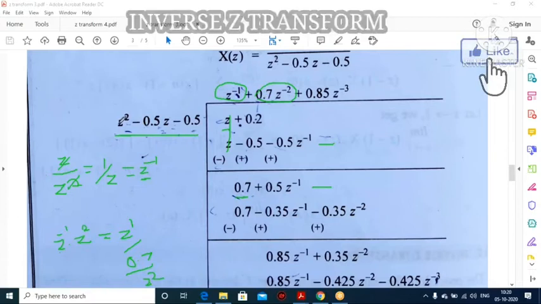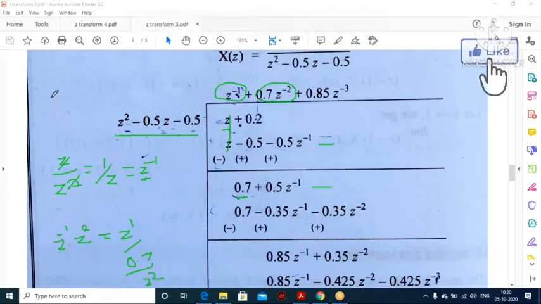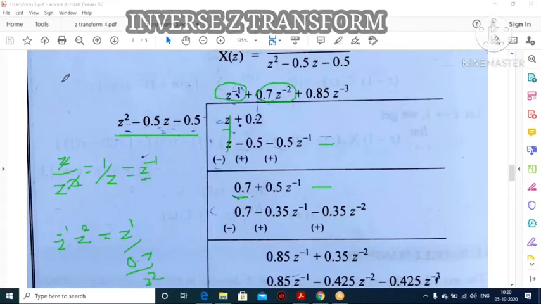So what do you get? 0.7. Here z square, here z power minus 2. So z square into z power minus 2, power term will be added, no? So minus 2 plus 2, 0. So z power 0. z power 0 is always 1. So answer became 0.7. Minus, second term, plus into minus, it became minus. 0.7 into 0.5, 0.35. So here z power minus 2, here is z. So it became z power minus 1. Next, 0.7 into 0.5, 0.35 is z power minus 2. So now change the sign. Here plus, I change it into minus. Here minus, I change it into plus. Here minus, I change it into plus. So these two terms will be cancelled. So you can get 0.5 plus 0.35, 0.85.